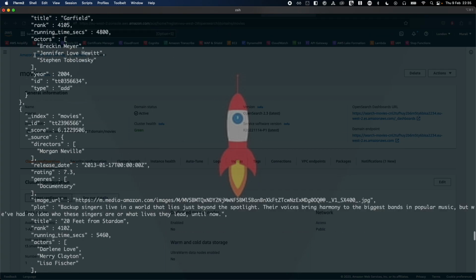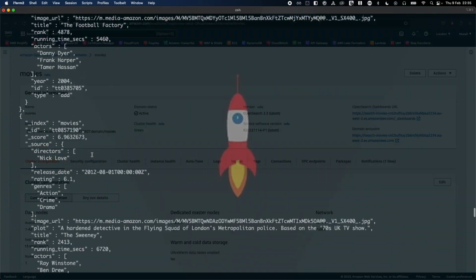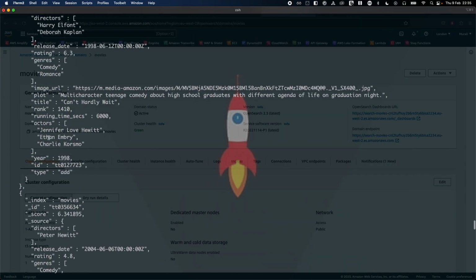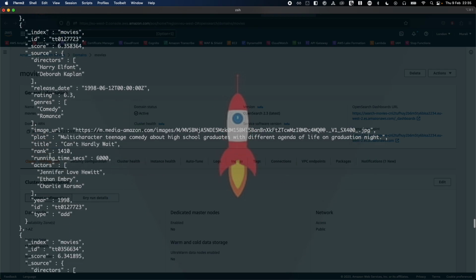Right, so we have received some data. All this data is coming from the OpenSearch, and we can see this data. You can see the movie names here, for example the title, and it depends on where you're searching, because I will show you shortly in the OpenSearch dashboard. You can see we need to index this data so that